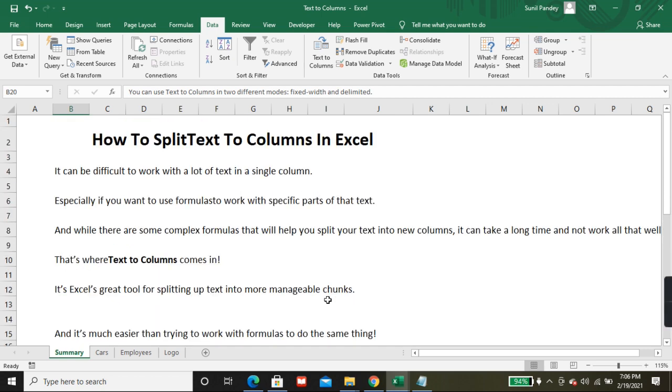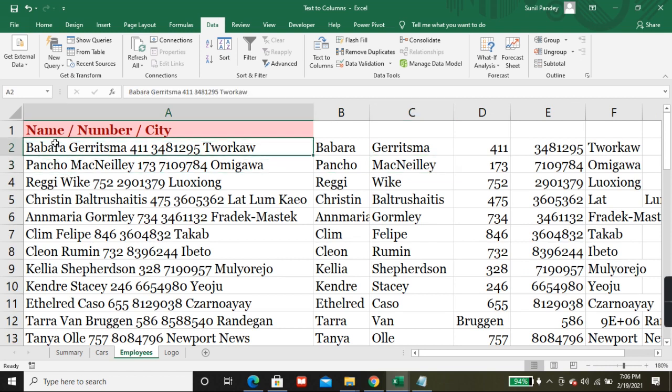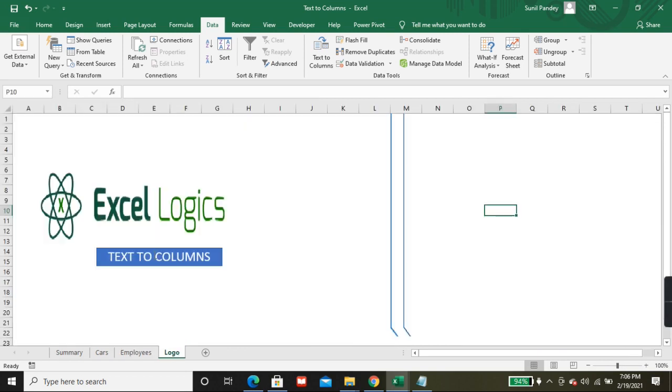This is very useful if you have a lot of data and you want to split it as per your convenience. Suppose within the data you have a comma, slash, or hyphen, you can use the delimited option. That would be better.